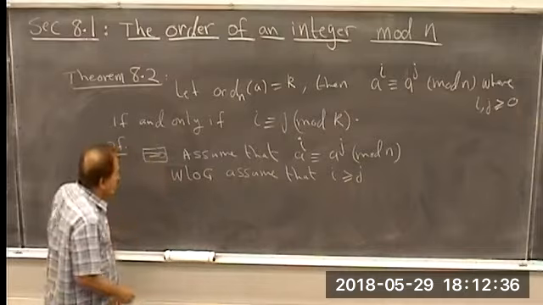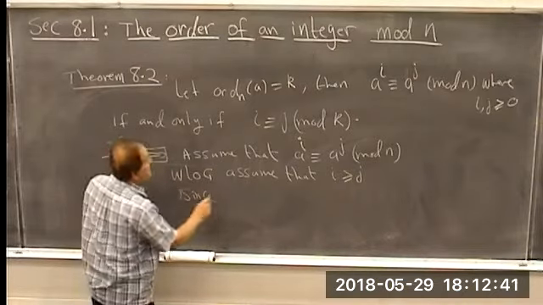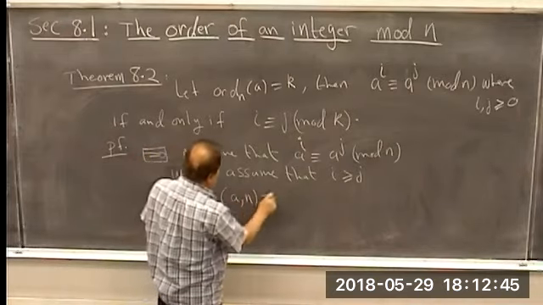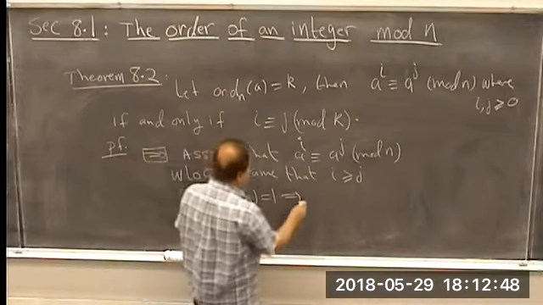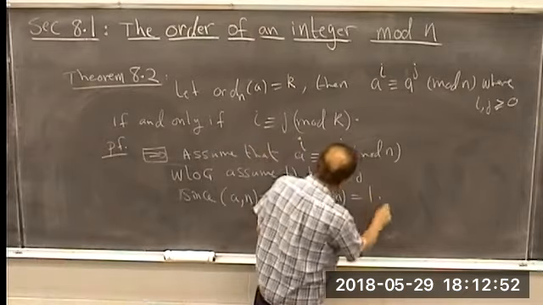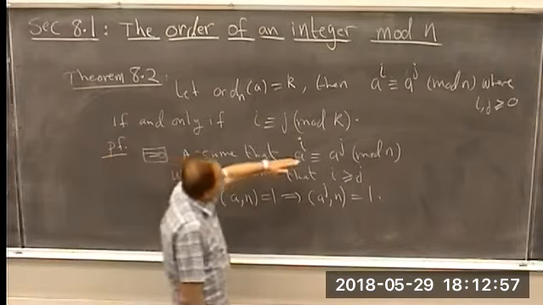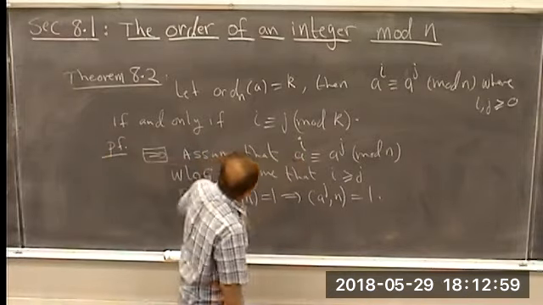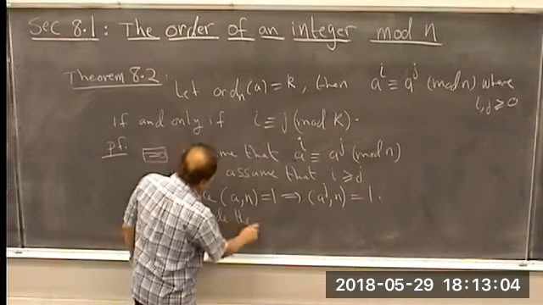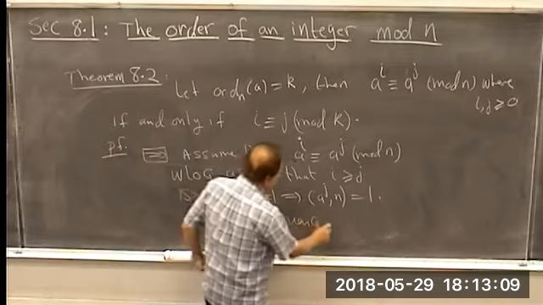Now, since gcd(a, n) is equal to 1, then gcd(a^j, n) also is equal to 1. So these are relatively prime. Then we can divide this congruence relation,